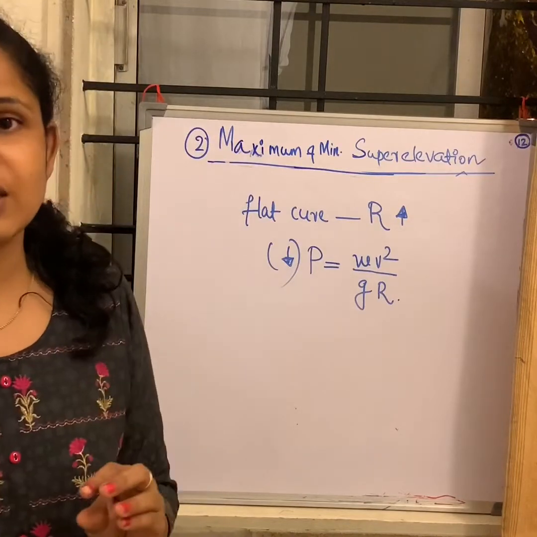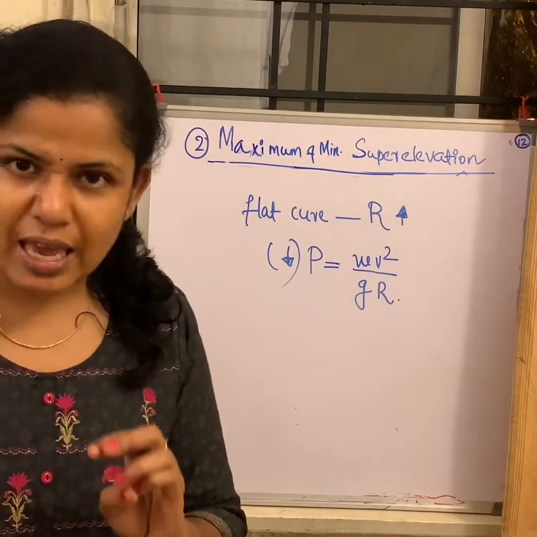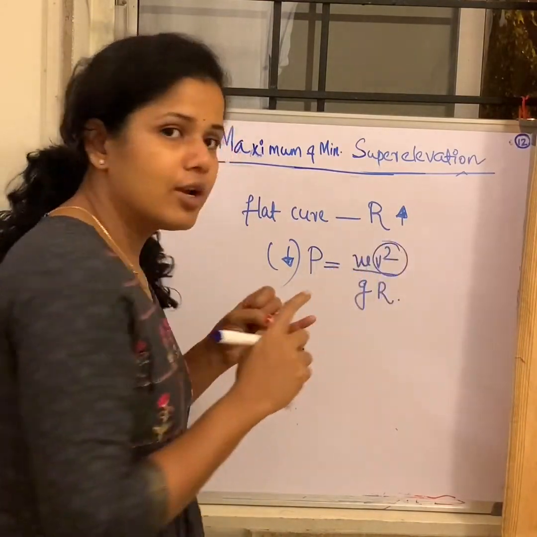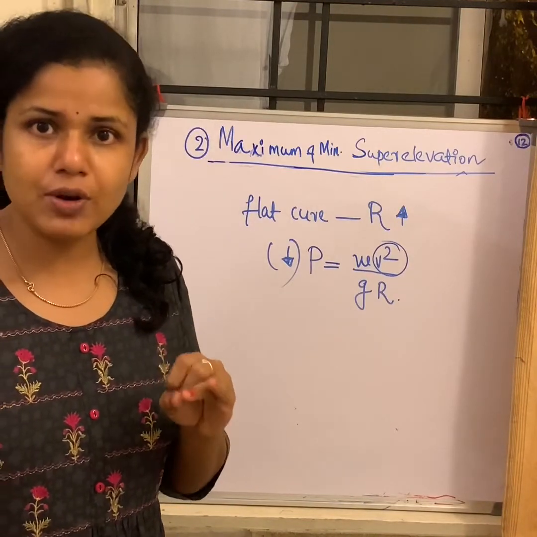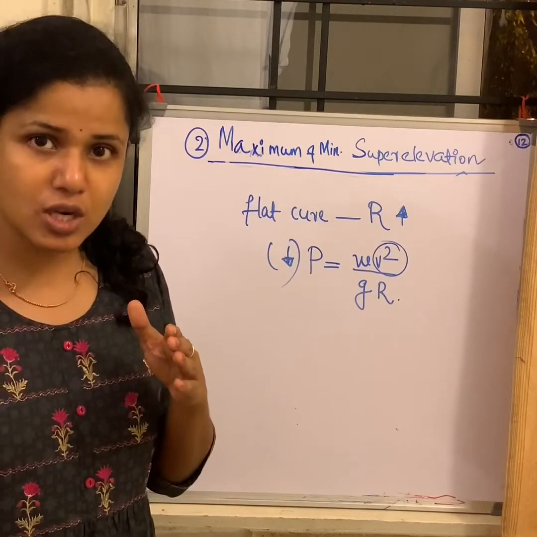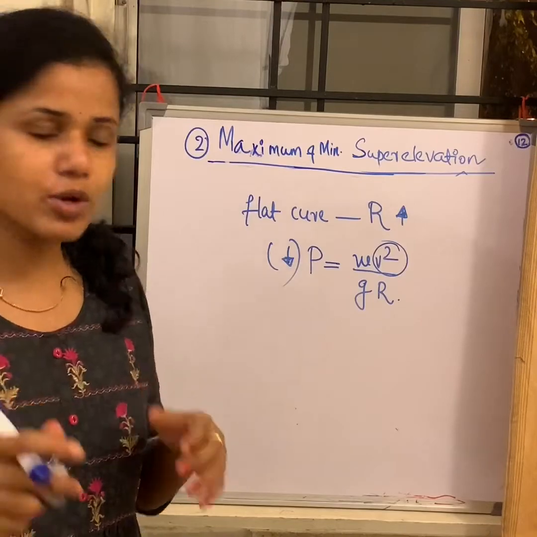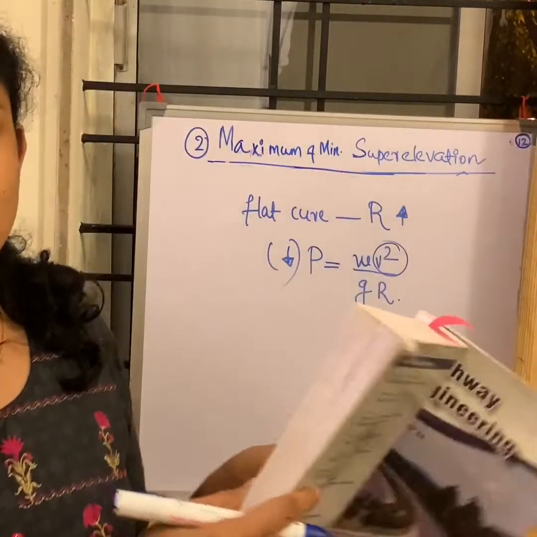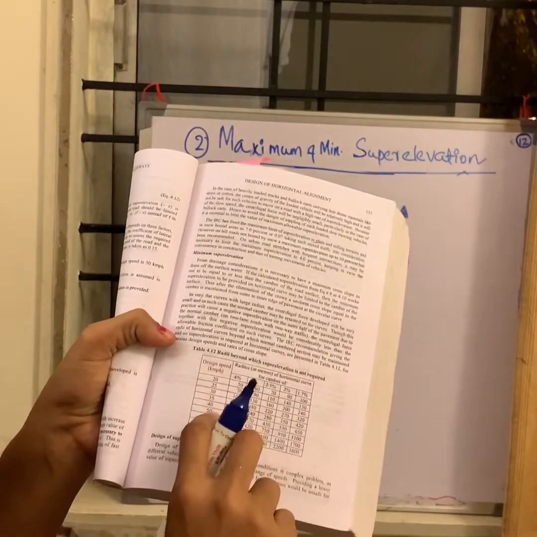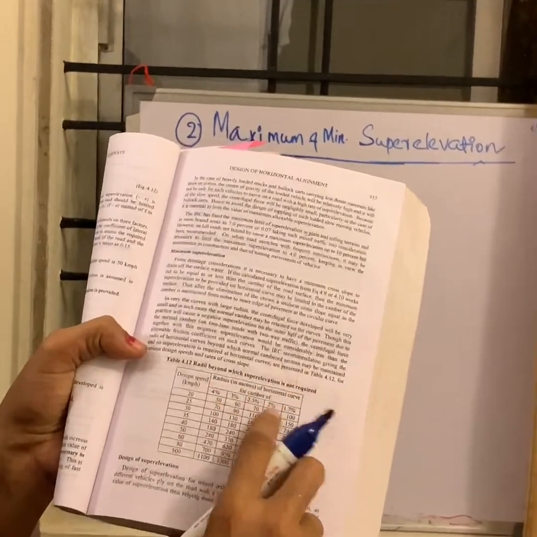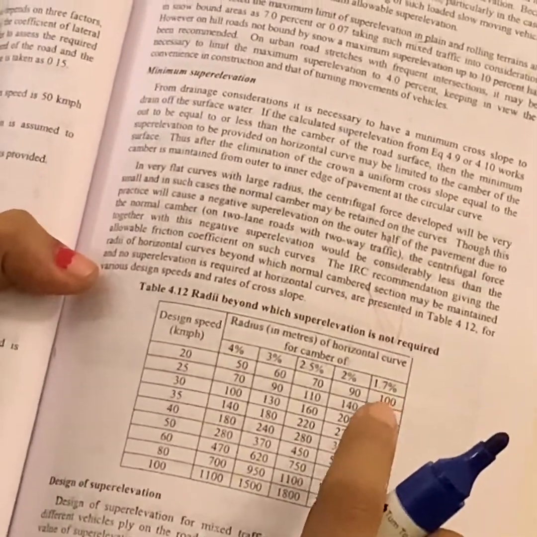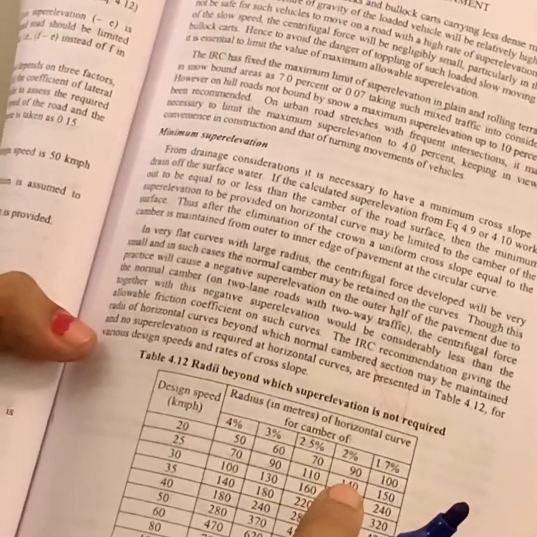In such cases, it again depends on the camber and the design speed, because speed plays a very major role here. According to the design speed and the available camber, IRC has again provided different radii of curvature. I am going to show the table in which you can understand the radius beyond which super elevation is not required. You can see that according to the various design speeds, there is a radius beyond which no super elevation has to be provided. You can see the different camber also. These are the minimum super elevation concepts. I hope that is clear.